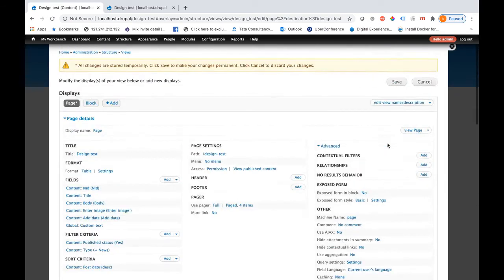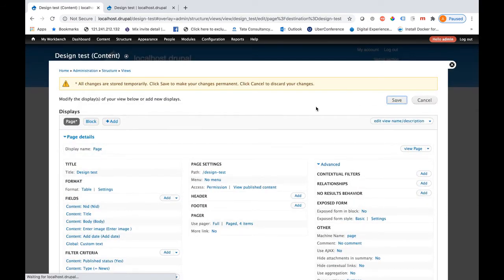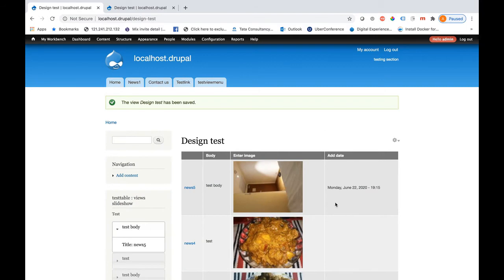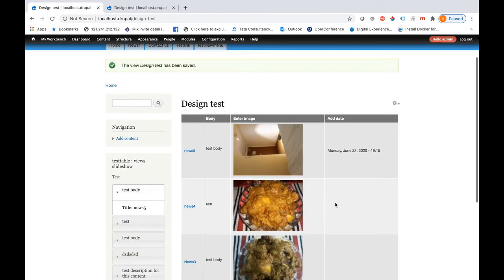Yes, I get all those reverted back. So if I save it, I can see the default view. See, this table has come and reverted back to the original design.